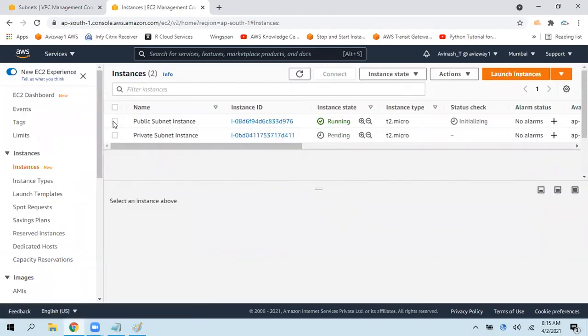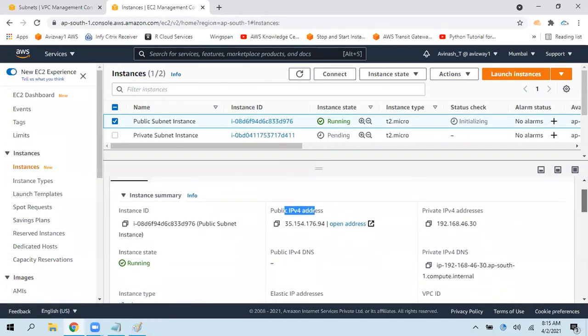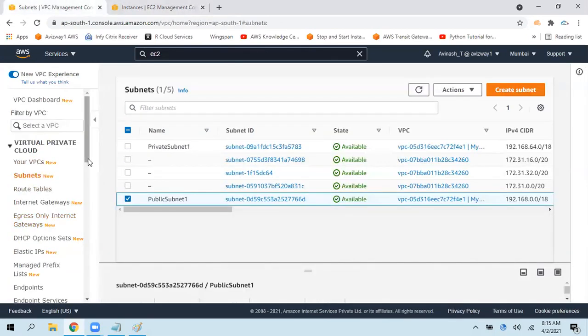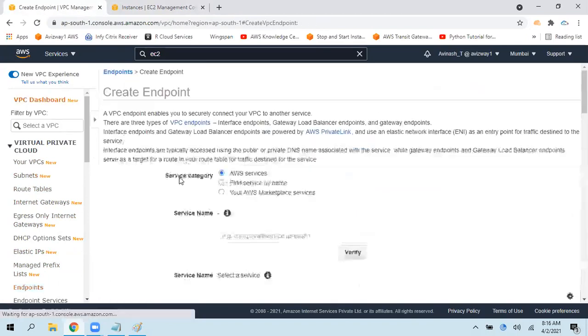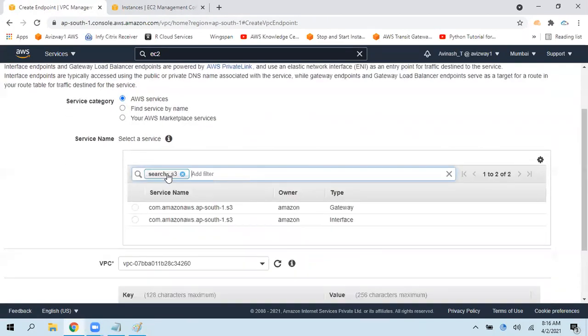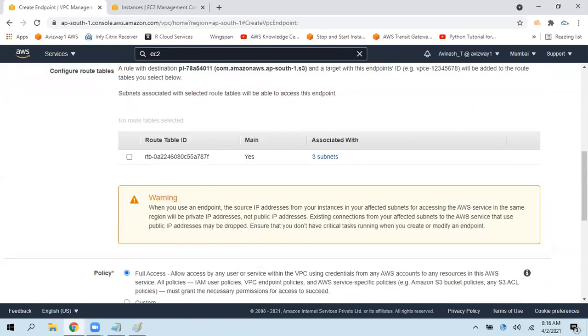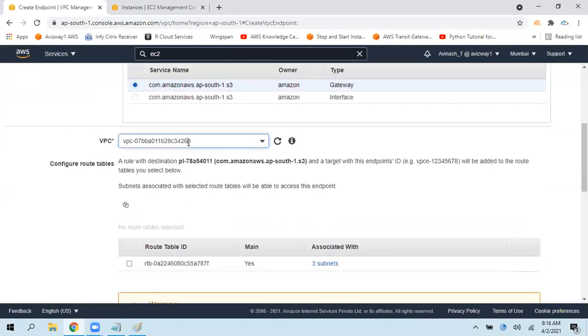All right, so I have a public subnet instance and here is a public IP address. And see, this public DNS name is not resolving. So you can expect a question on this when coming to endpoints. We have a concept called endpoints. Whenever we are trying to create an endpoint for one of the VPC subnets, it will fail.